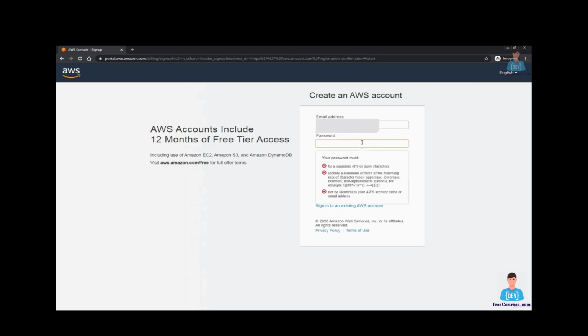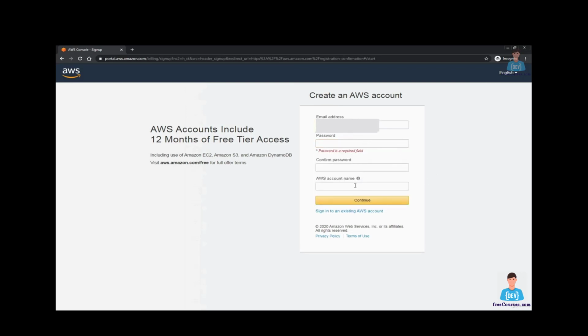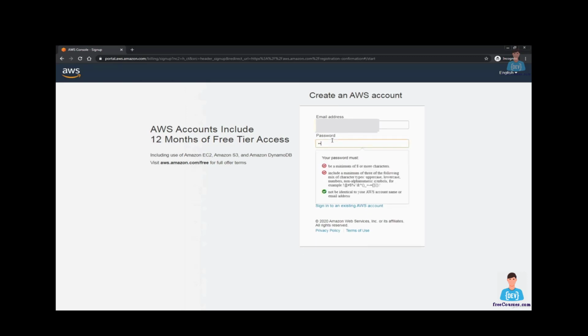Then password, and your password should be a minimum of 8 characters, and it should include 3 combinations of the following. So it should include at least uppercase, lowercase, numbers. It would be 1 combination, or another combination might be uppercase, lowercase, and 1 non-alphanumeric symbol. All right. So let's type it. And also it should not be identical to your AWS account name or email address. So this one, all right? So email address and account name we'll write later on, and it should not be the same. So type your password,